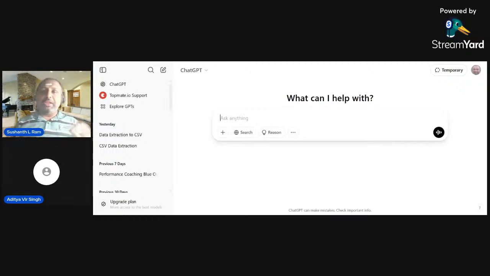I mean, normally, if you need to write, you need to spend some amount of time. You need to understand the overall context. But in case you are able to understand the requirement, and if you can convert that requirement into a prompt, ChatGPT can give you within a minute. Okay. Now, how you would be able to do it, I'll show you.